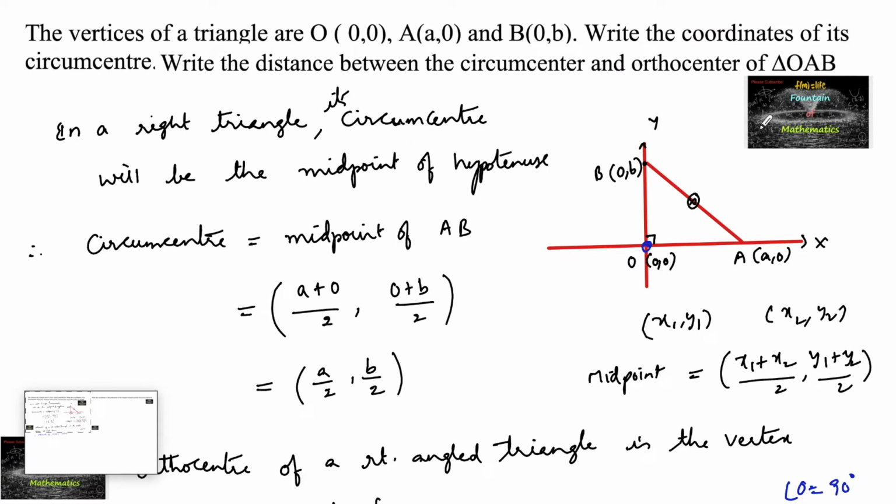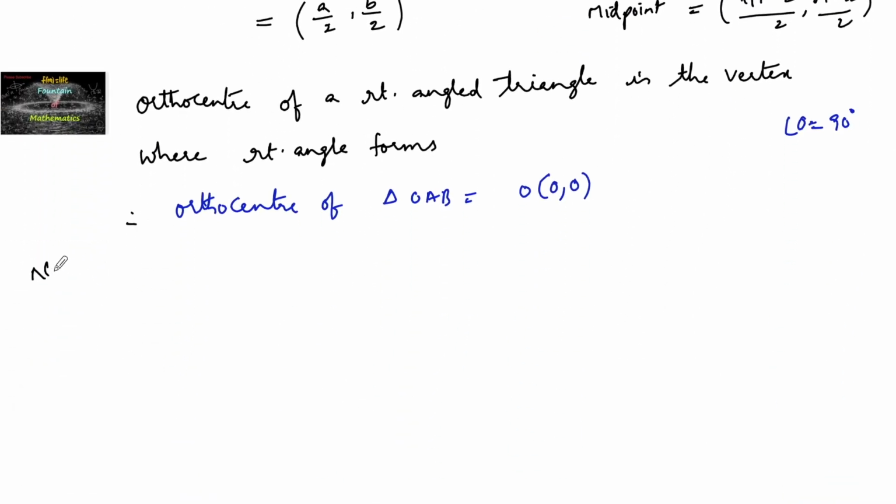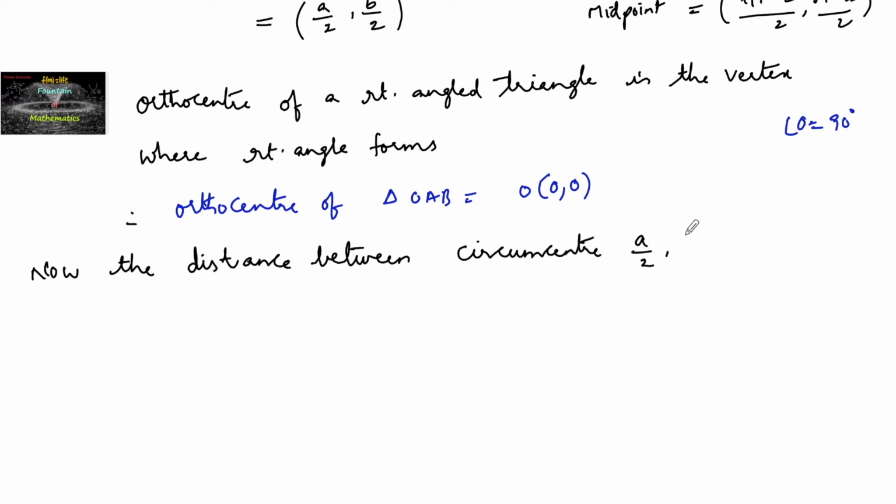And now we need to find the distance between the circumcenter and the orthocenter of triangle OAB. Circumcenter is (a by 2, b by 2) and orthocenter is (0, 0). Let us find the distance. Now the distance between circumcenter (a by 2, b by 2) and orthocenter origin (0, 0)